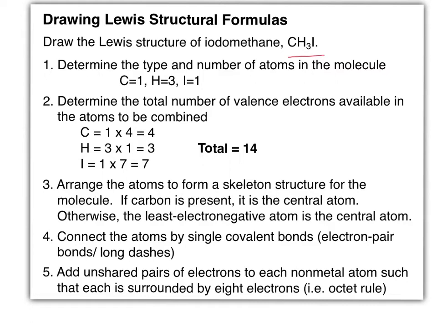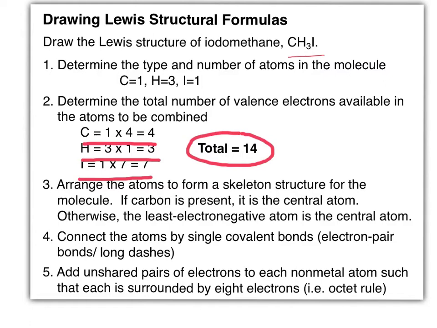In the case of carbon, carbon is in group 4 and brings 4 valence electrons. Hydrogen is in group 1. Each hydrogen atom brings 1 valence electron, and there are 3 of them in this molecule, so that's a total of 3 electrons. Finally, iodine is in group 7. Iodine has 7 valence electrons and will bring those electrons to the molecule. So grand total, in the case of iodomethane, we have 14 valence electrons that will ultimately need to be placed